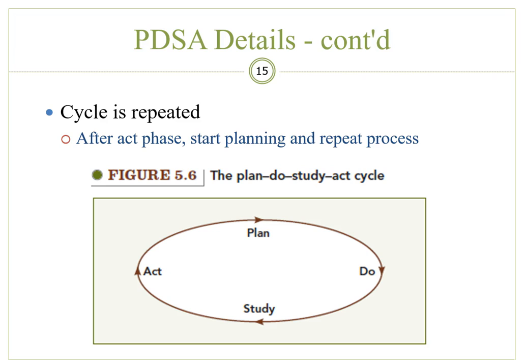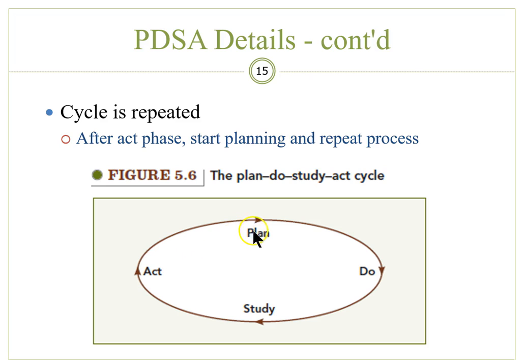Do, of course, is the next step and suggests the implementation of the plan. Study is the third step and requires a study of the data collected in the previous phase. Now, the data is then evaluated to see whether the plan is actually achieving the goals established or not. And lastly is the act phase, right? During the act phase of the cycle, it just simply means we're going to act on the basis of the results of the first 3 phases.